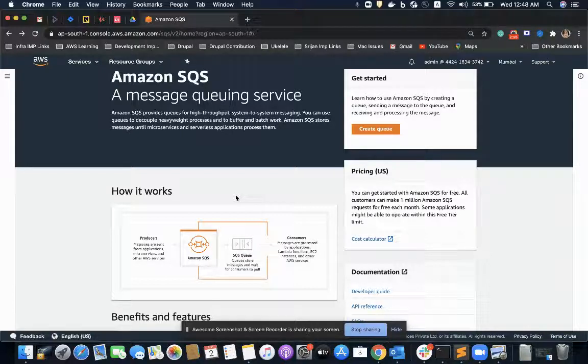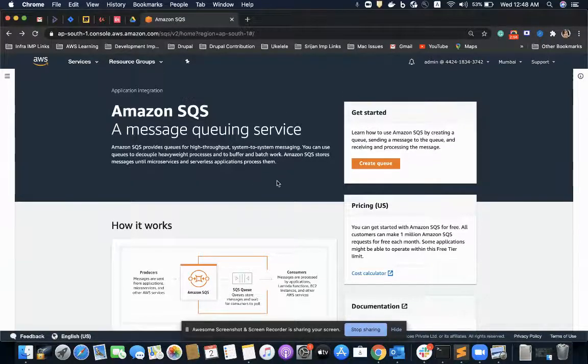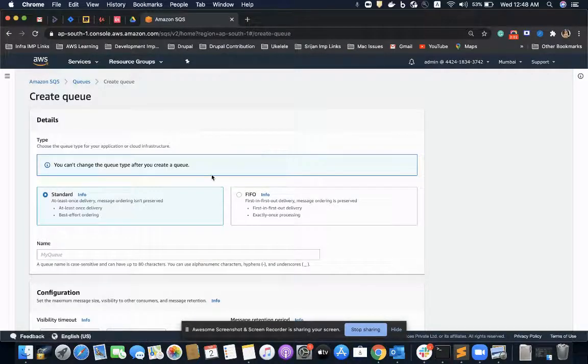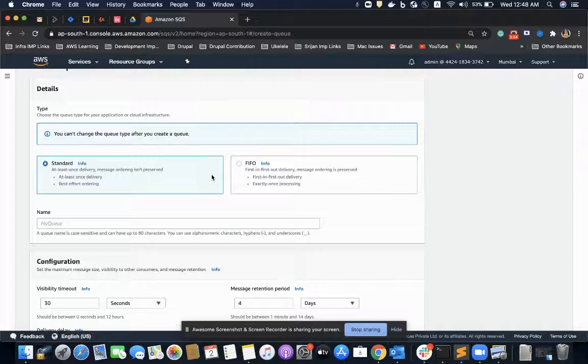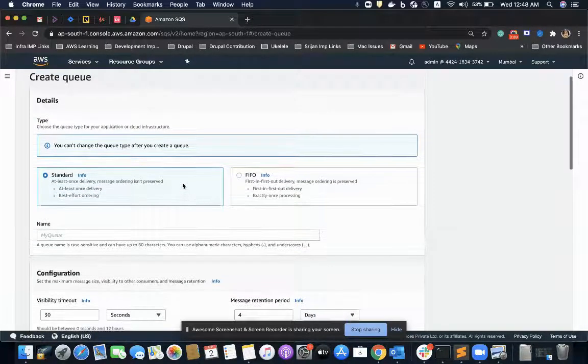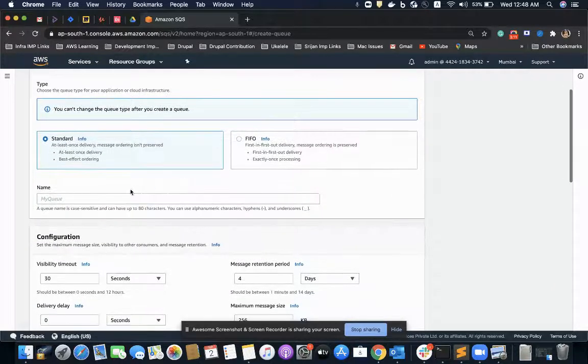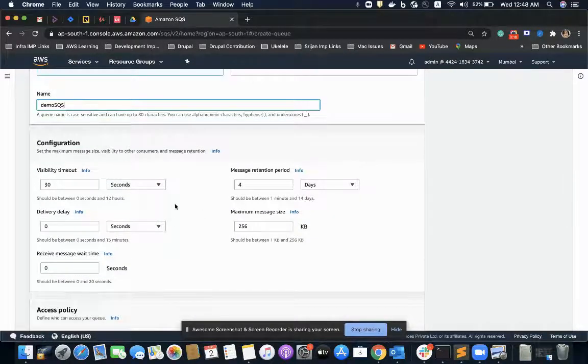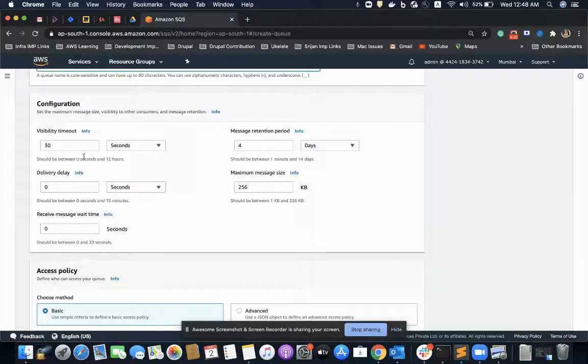Then let's start with creating the queue and explore the different advantages and see a live demo of creating a message. For creating the queue, the queue name would be demo SQS. I'll go with the standard queue type. Then coming to the configuration, I'll be explaining about the configuration later on in this video.